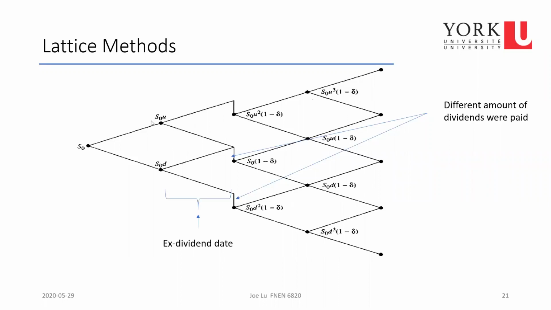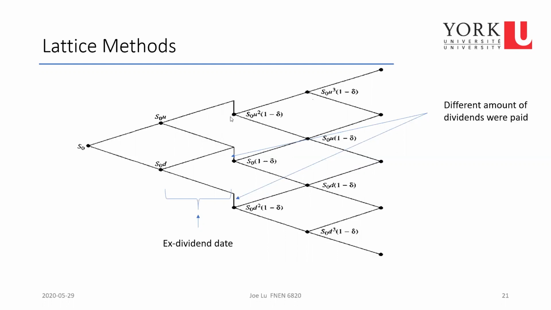So then your tree here, you start at a different point after the dividend, not at this point here, it gets dropped off by this 1 minus delta. But after that, until the next dividend payment, you're still okay, because here there are 3 points, you have 3 situations after the dividend, and after that you still have a recombining tree here,